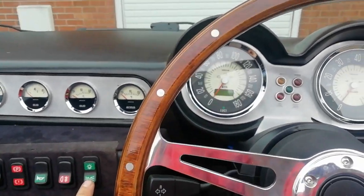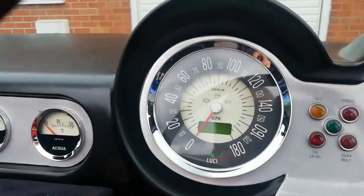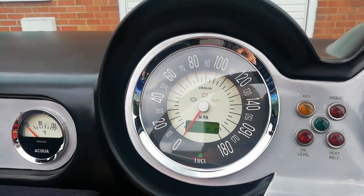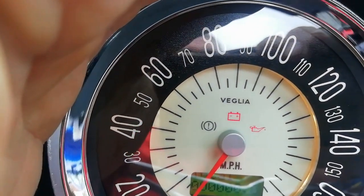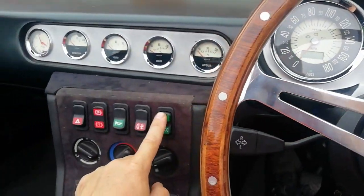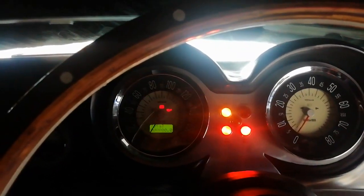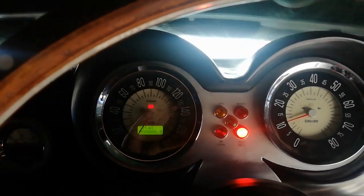One problem I've noticed is that when you switch on the side lights, the speedometer kicks into life. So I'm just going to switch on the side lights, and there we are, the speedometer's kicked into life, along with the battery warning and the oil pressure warning light. So put on side lights. That's the low oil warning light, low fuel warning light is on. So side lights,